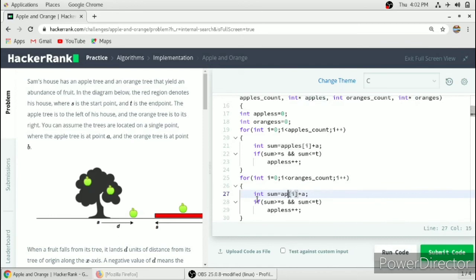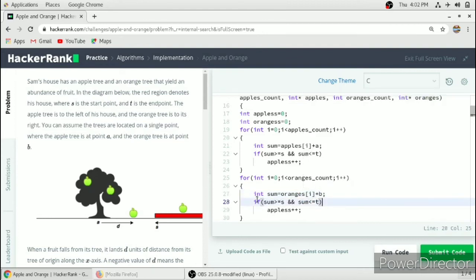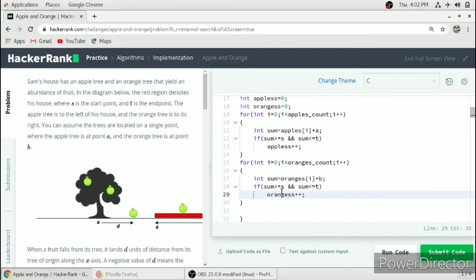Here we have to check for each orange that fell. So it will be oranges[i] plus the location of the orange tree, and then this condition will remain the same, and then we will increment the oranges which fell on Sam's house.